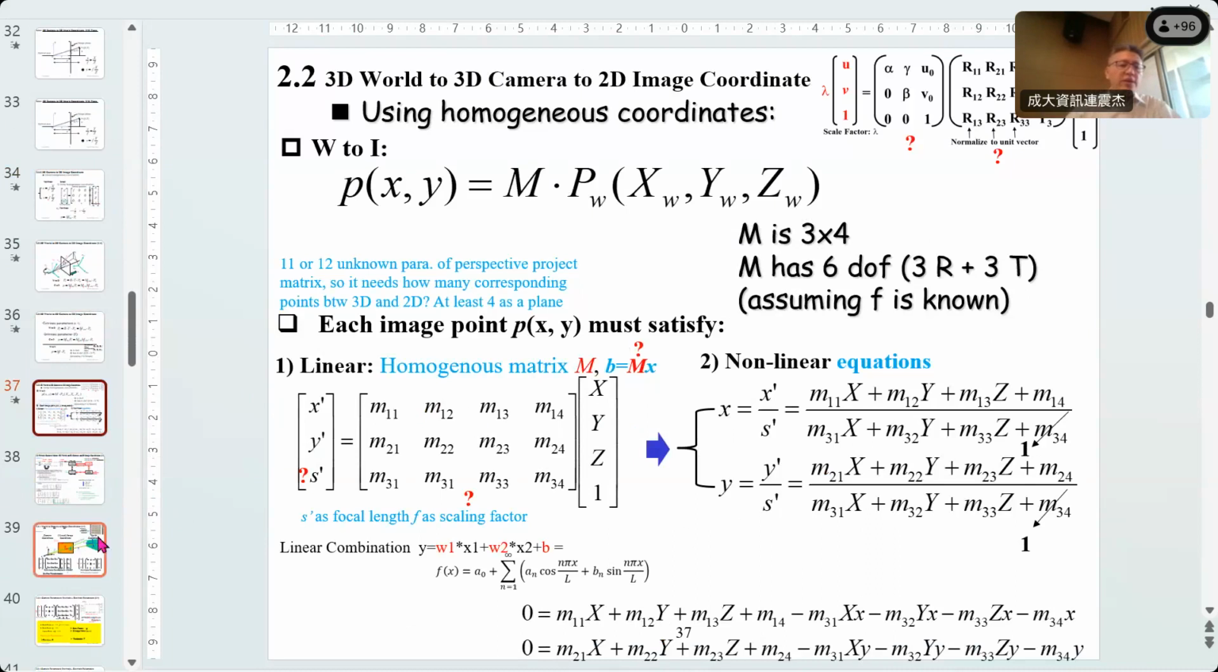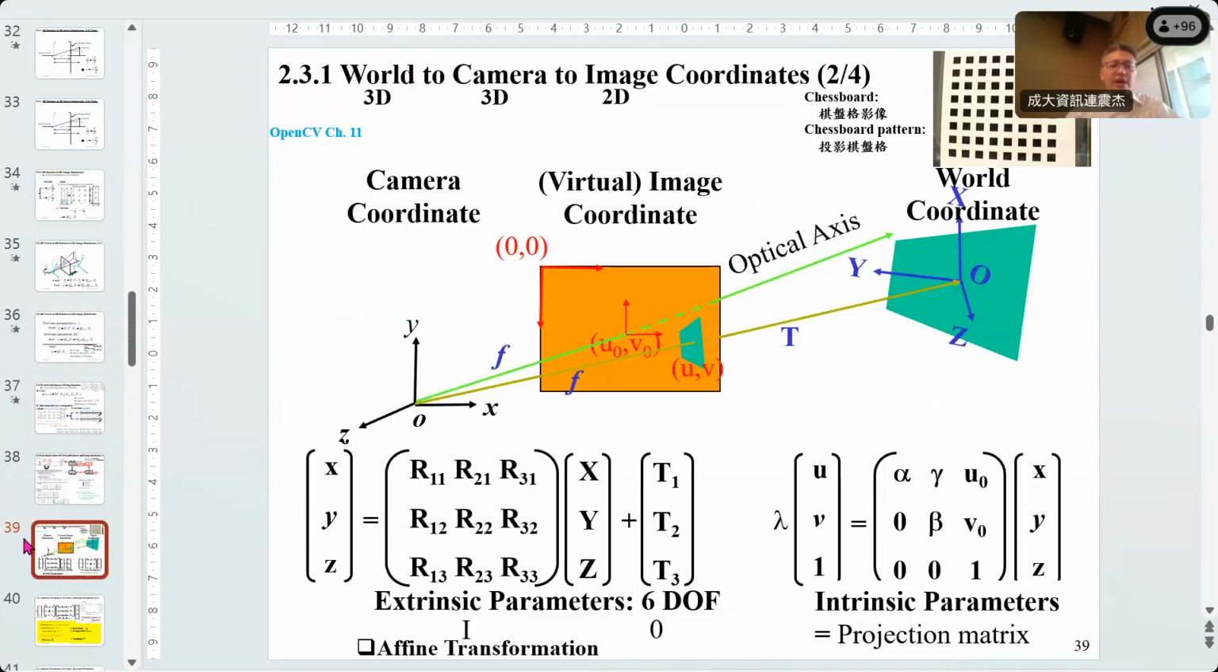So one important thing is that I go back to here. This page is 39. So we have the world coordinate. We have a camera 3D coordinate. We have an image coordinate here. Okay. So from 3D to 3D, this world to camera coordinate, we have a rotation, we have a translation,